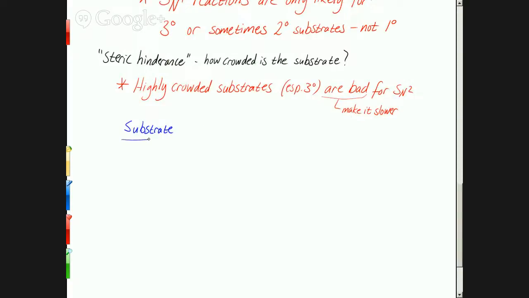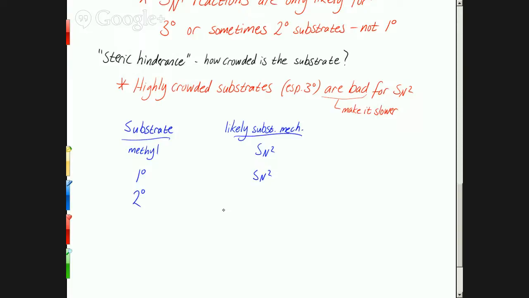So we're going to say substrate in this column and the likely substitution mechanism. If we have what's called a methyl substrate, which is just a carbon with 3 hydrogens, that has to be SN2 because that carbocation is completely unstable. If we have a primary substrate, that also has to be SN2. If we have a secondary substrate,